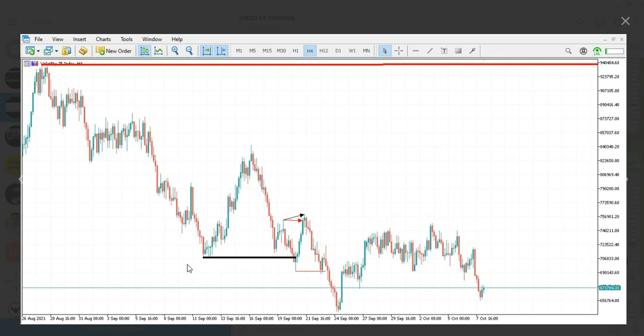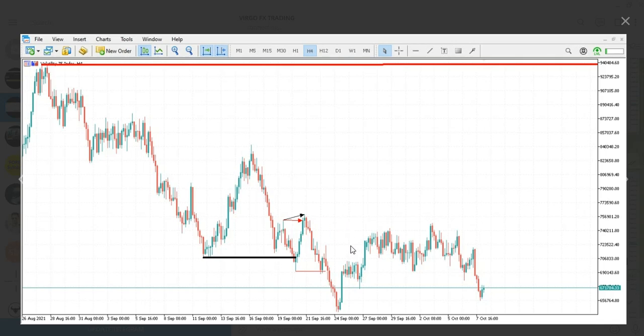On H4, we have a break of market structure here, and then we have the previous daily high being taken out by this move. This is a stop hunt here. So can we label this as a break of market structure? No, we cannot. But why? Because we have the candle closing above this. We can only call it a break of market structure if it aligns with the overall trend of the structure, which is bearish, so we cannot say this is a break of market structure going up. This is only a stop hunt here for those who sold from this move here.